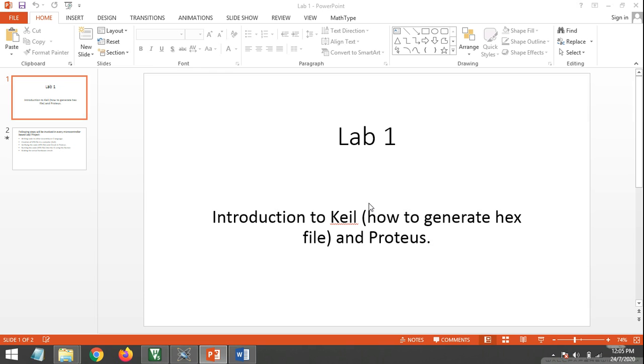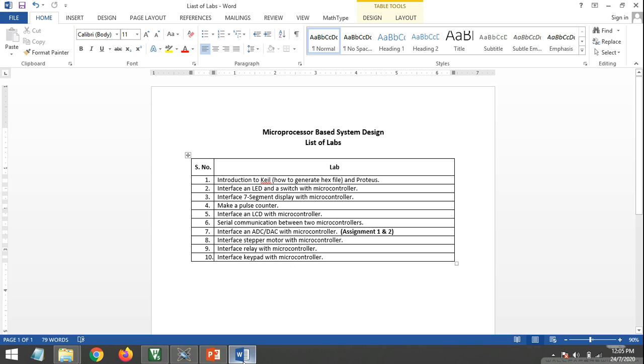Before we begin with lab number one, I need to discuss some things regarding the lab. The first thing is I have decided to do only 10 labs because of the shortage of time. And the second thing is, since you are in the OBE system, you will have to make lab reports as well. This was a question asked to me by a CR.